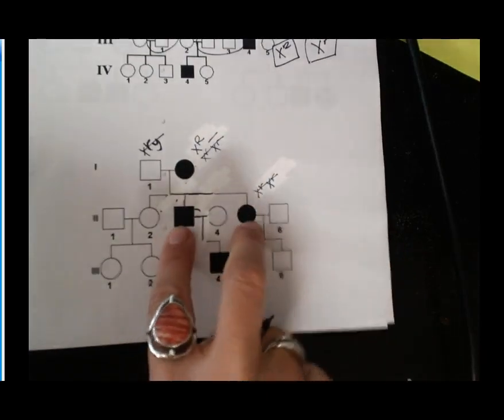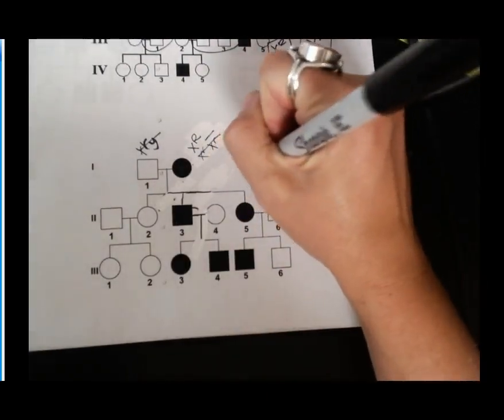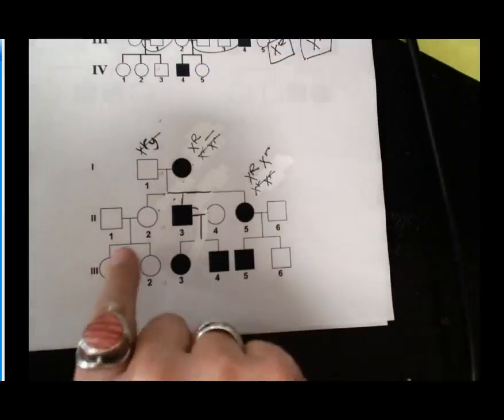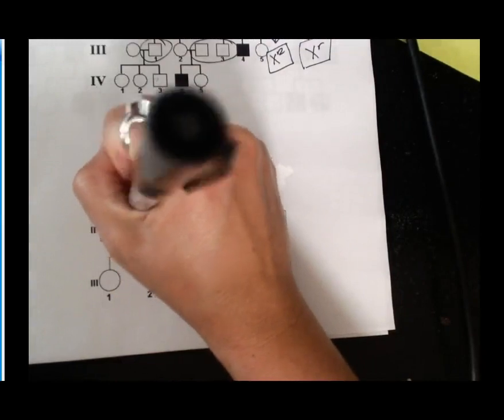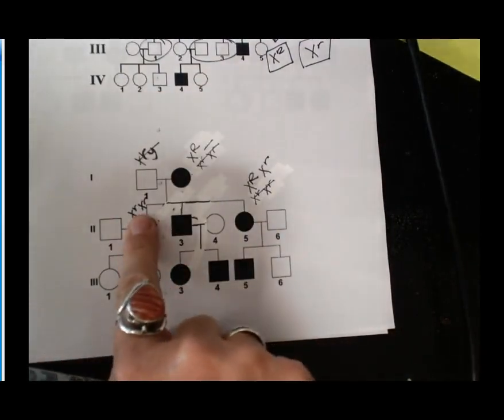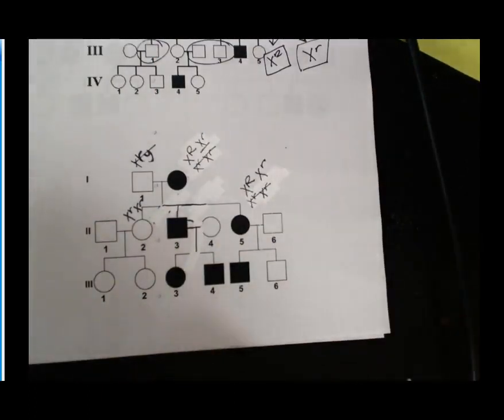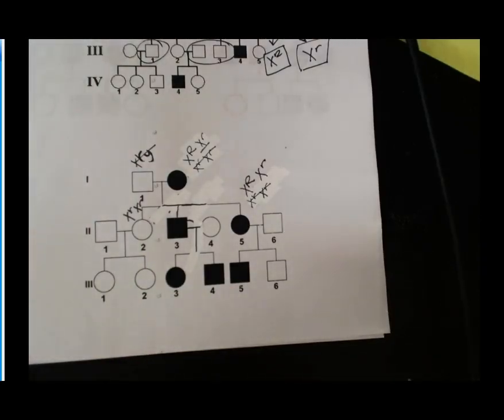So right here, this daughter would have inherited 1 dominant, and then from the dad, a second. Well, then this daughter would have to have 2 copies of not having the trait, so therefore the mom would be heterozygous. But then when we go down, if we say that this trait is going to be sex-linked dominant, we would think to ourselves, okay, is that possible for this trait to be sex-linked